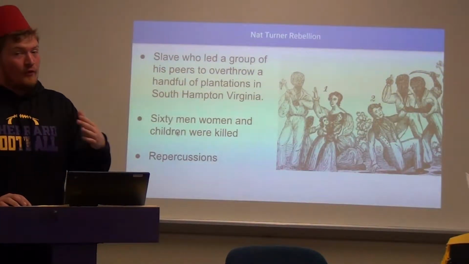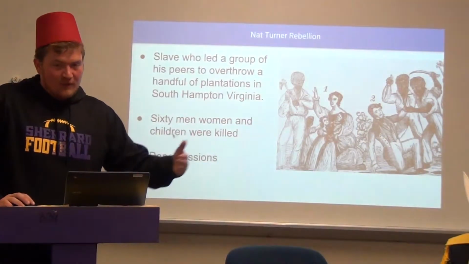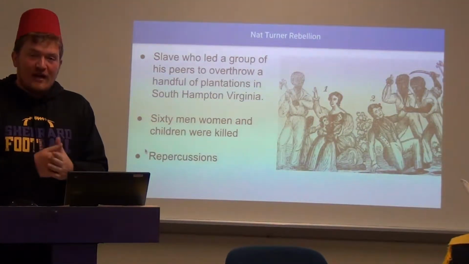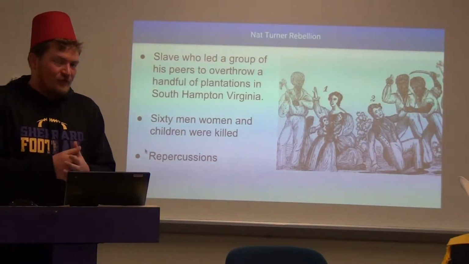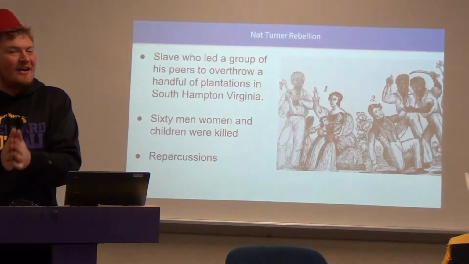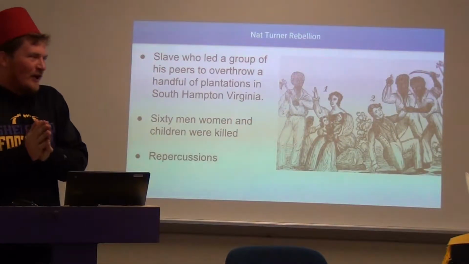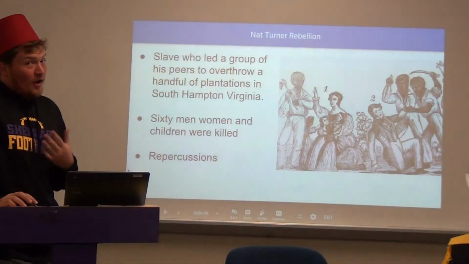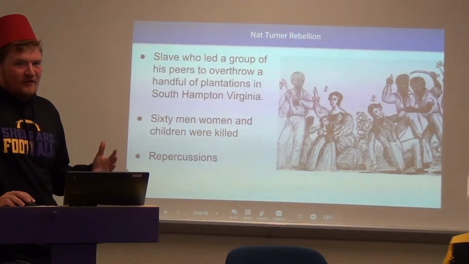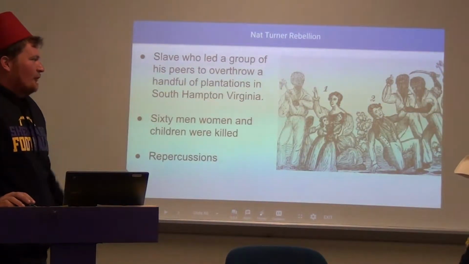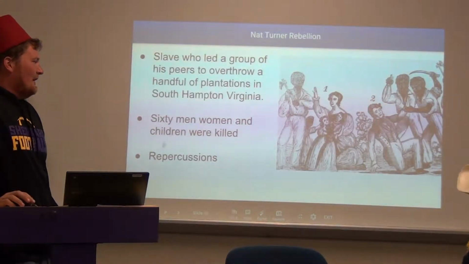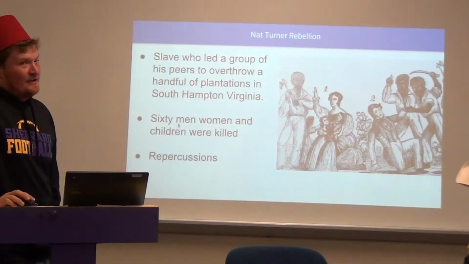Got a bigger following of slaves. Did the same thing in the next plantation. So maybe you're seeing his plan. He's physically trying to end slavery by killing the masters and their families, going from plantation to plantation, getting more followers. Fortunately or unfortunately, depending how you feel about this, Nat Turner is killed, and his rebellion is stopped. Along the way, he killed 60 men, women, and children.